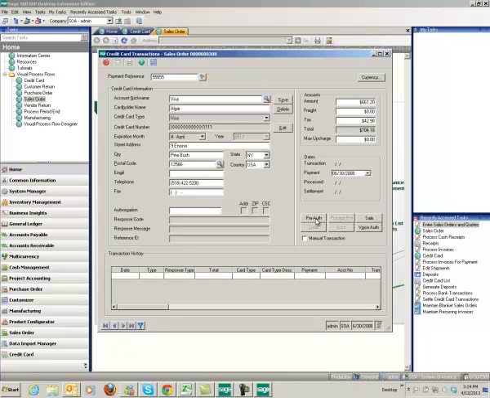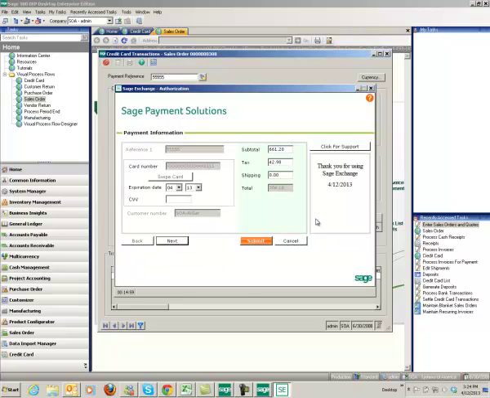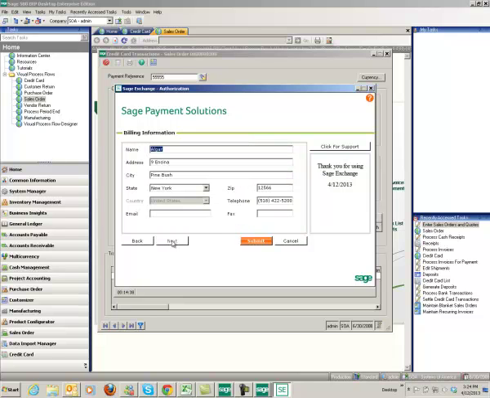When we click on the pre-auth button, the information is sent to the processor for approval, just like a sale. The difference is that instead of the funds being captured or transferred, instead they're just simply reserved with a reference number for the later transfer or capture of funds. So we see the same screens with the capture of the information and all of the billing information. And when we click on submit,